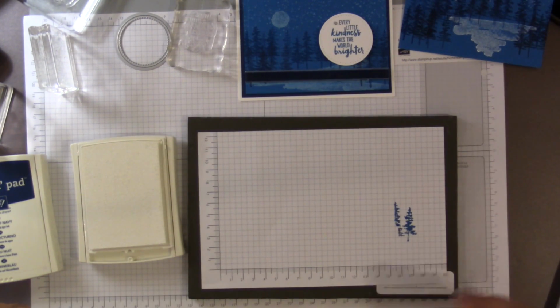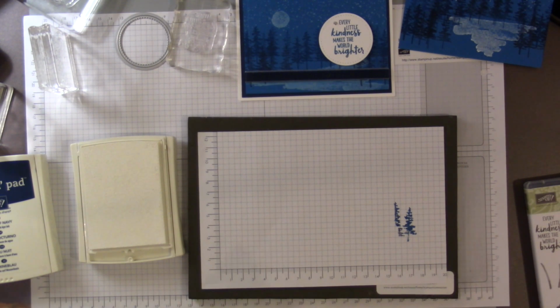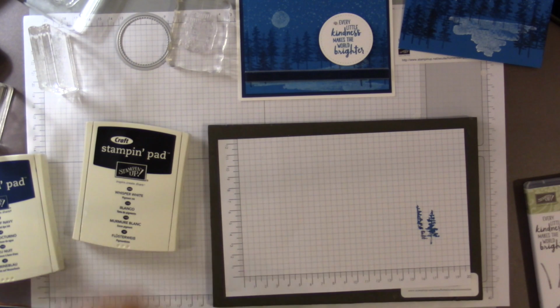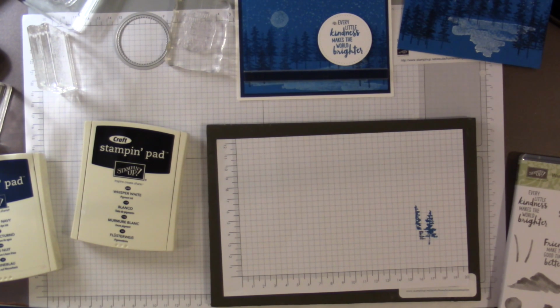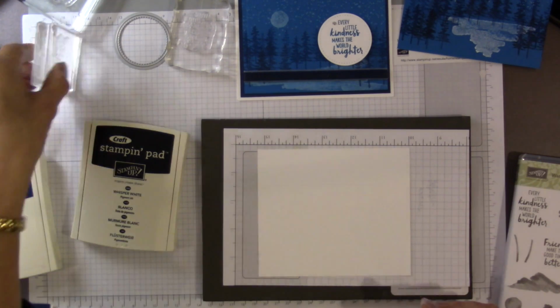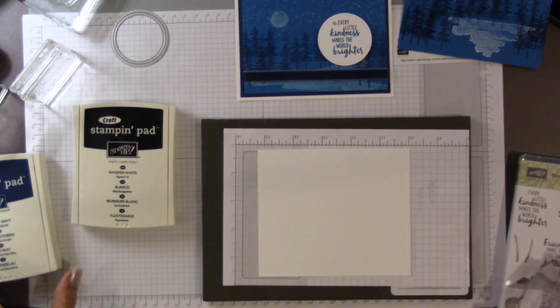Put that aside, and I'm going to take a piece of Whisper White, which I should have here. Hold on, let me find it. Oh, here it is. Okay, so I just have a piece of Whisper White here. I'm just going to flip this around, and I'm going to take my sentiment stamp, this one right here that says, "Every little kindness makes the world brighter,"